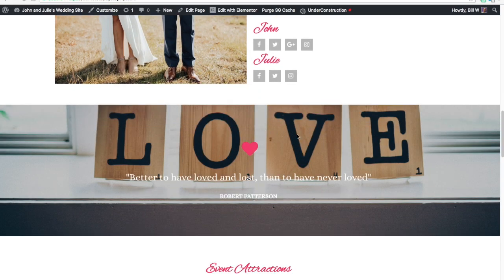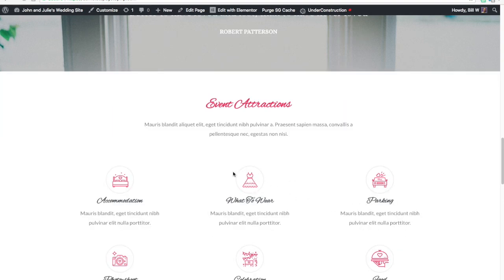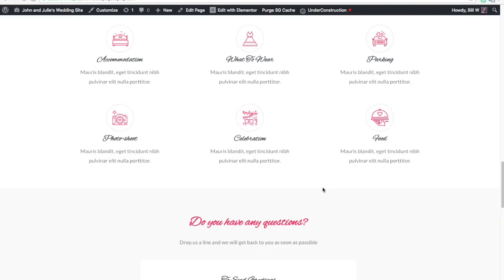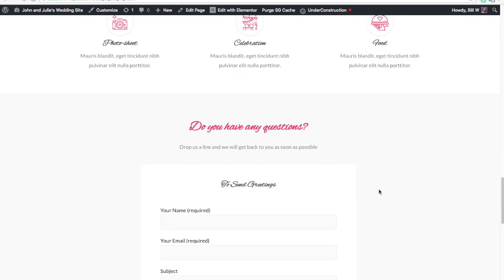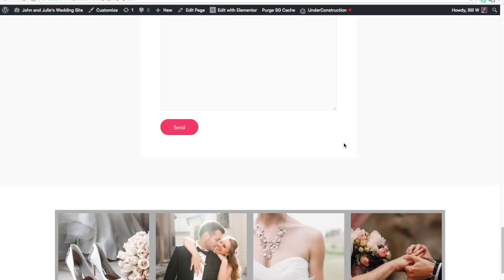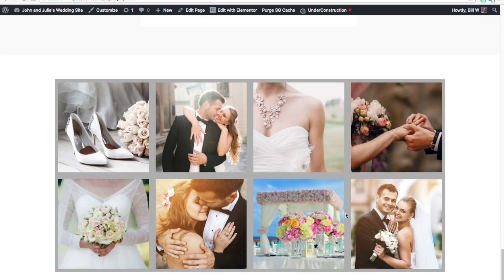We have another one here with a quote. You can use these image boxes if you want to put more information about the various things you can do, and a working contact form where your guests can ask a question and you will get email in your own email box. And this image gallery where you can change the background, you can change the number of columns, click